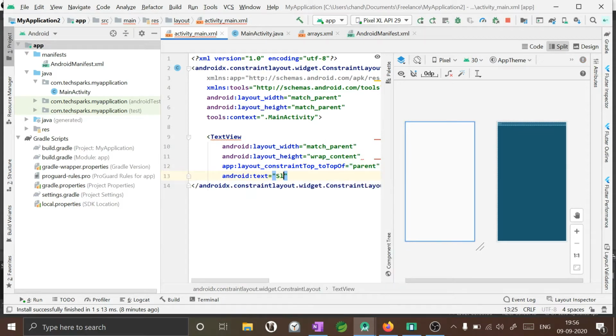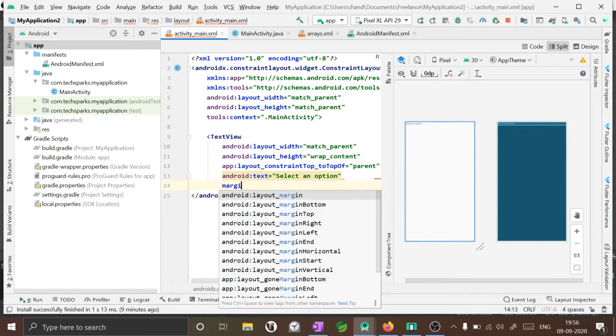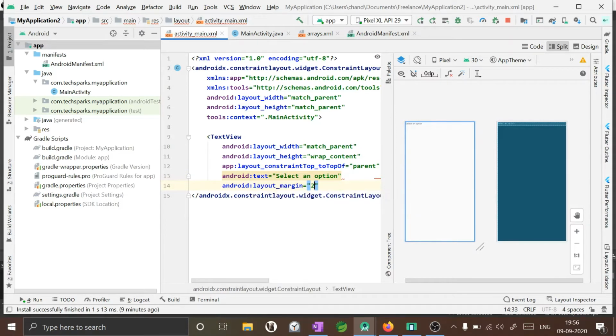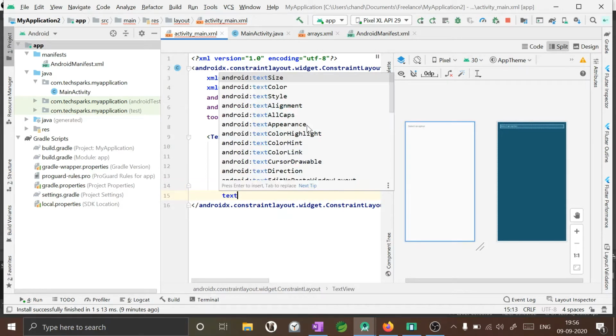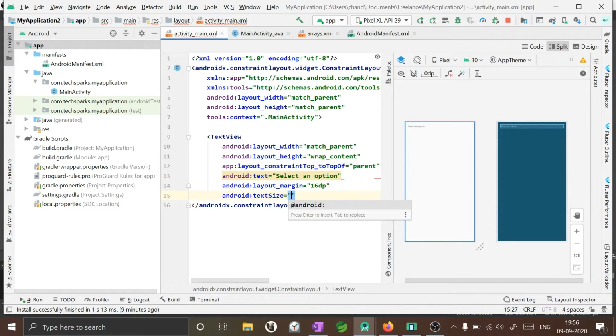Text will be select an option. And I'll give a little bit of margin, which is like 16 dp. I'll increase the text size so that it will be visible to you. I'll make it 32 sp,